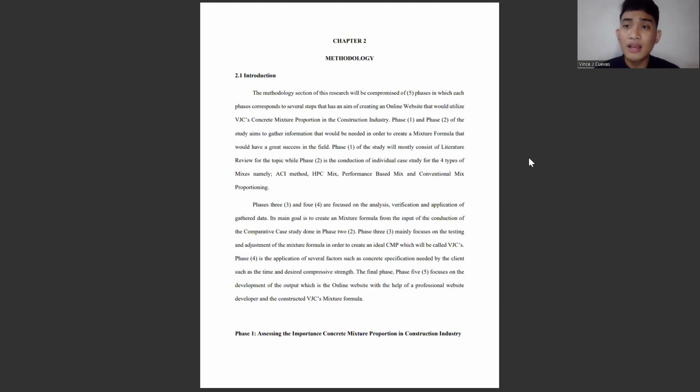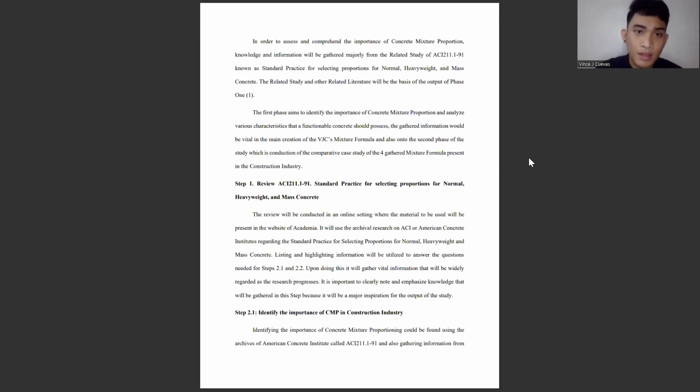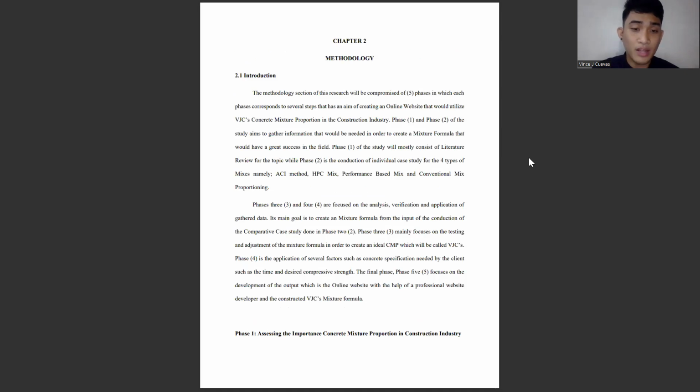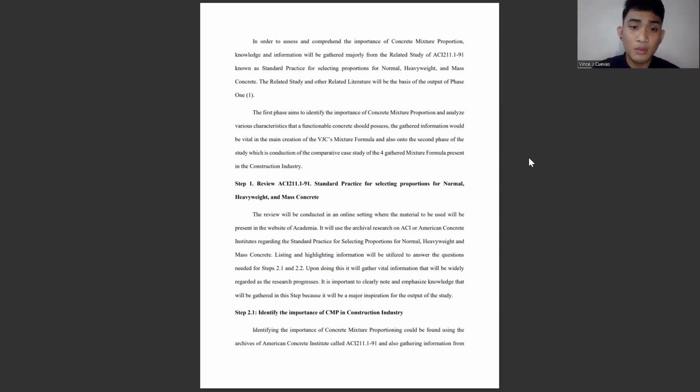Now that we have discussed chapter 1, which is the review of literature, let us now proceed with the methodology. This is the methodology. The methodology is also based on the conceptual framework. It will be separated into 5 phases and 15 steps. Phase 1 is assessing the importance of concrete mixture proportioning in the construction industry. It will have